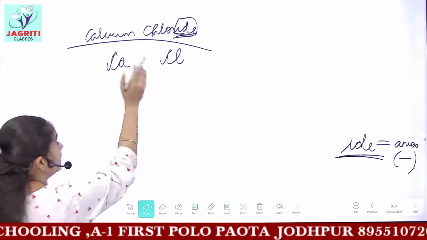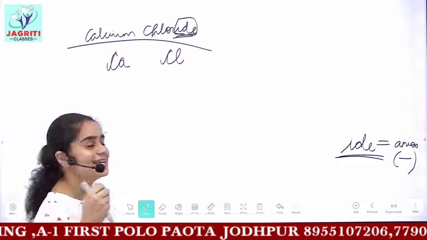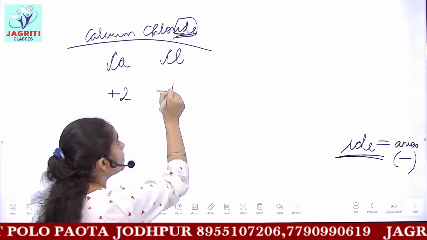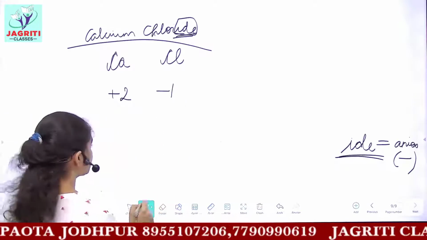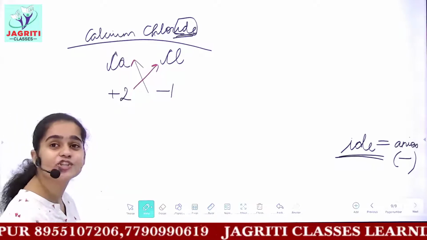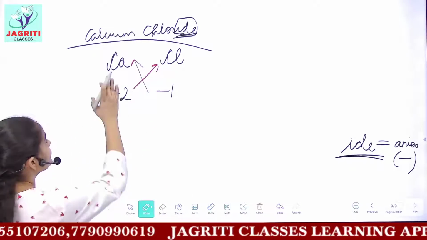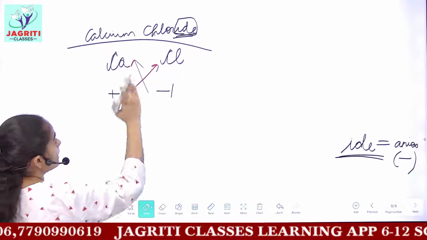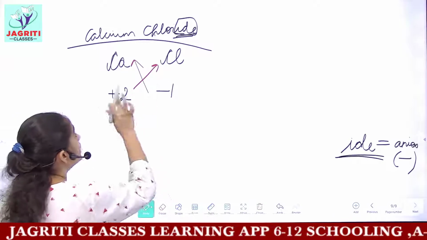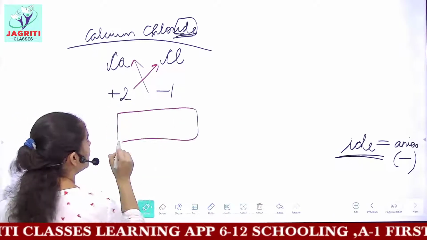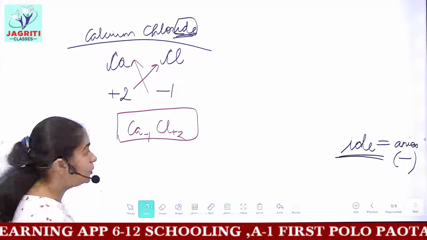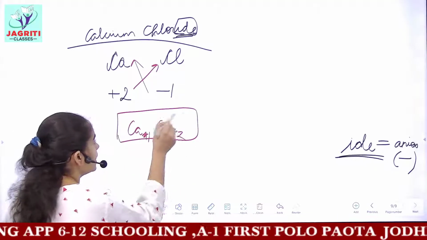So now after writing the symbols, what do we do next? Yes, we write their valencies. So Ca is plus 2 and Cl is minus 1. Now the simplest work, cross multiplying these valencies or charges with the atoms. We get 1 with Ca and 2 with Cl. I am again repeating, never include these charges in your formula. We can't write Ca minus 1 and Cl plus 2. We are not writing these charges in our formula.